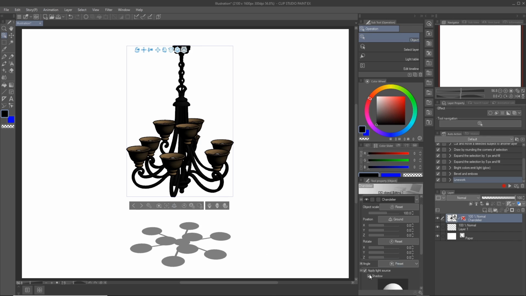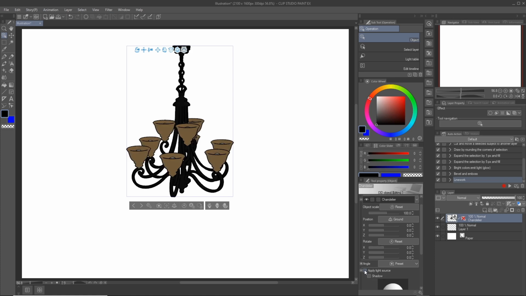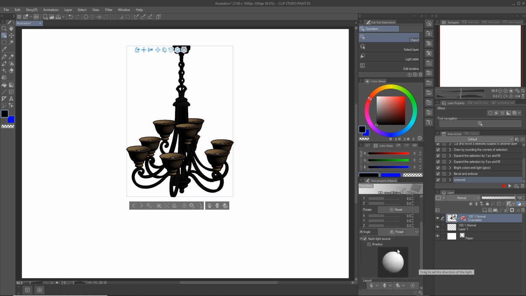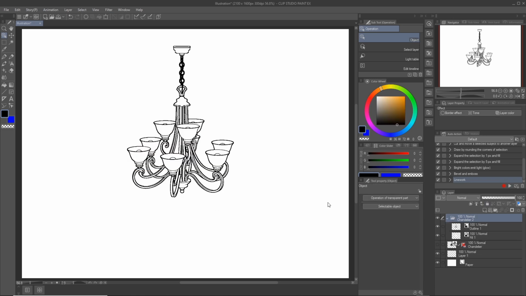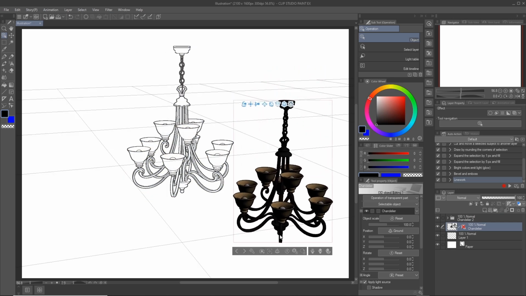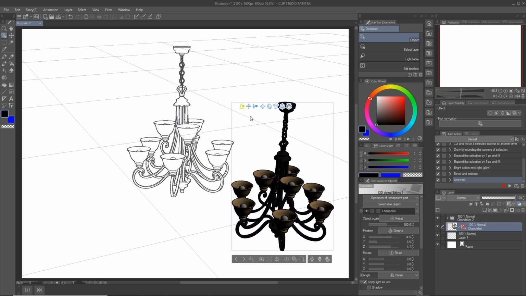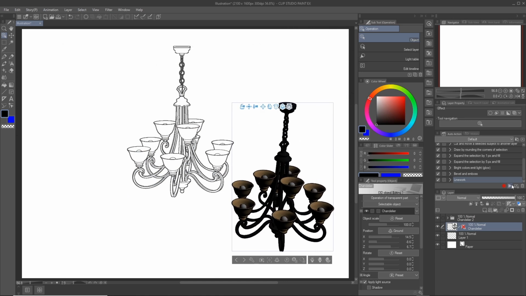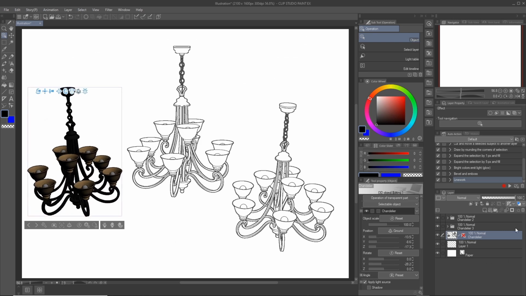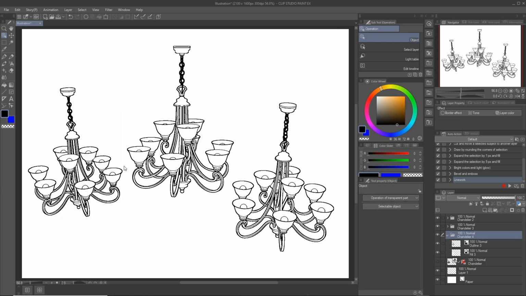So I'm going to turn off the shadows. Not the shadows on the object itself, but just the shadows that it casts on the ground. And we do that by hitting the shadow option again. I'm going to run my line work auto action and get some nice line work. And this is just to demonstrate again the power of this script. We can rotate this, run the script again, and it just makes working with the 3D much easier and simpler to use. And so quickly, just like that, we've created really ornate objects using 3D models.